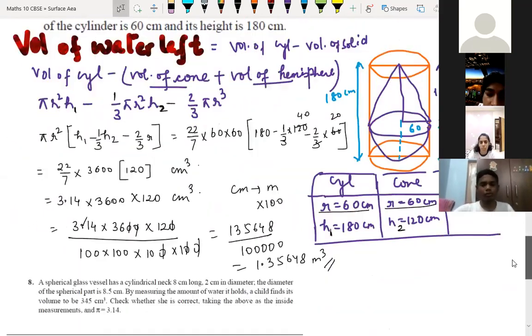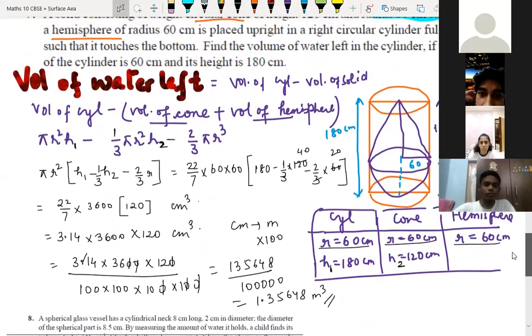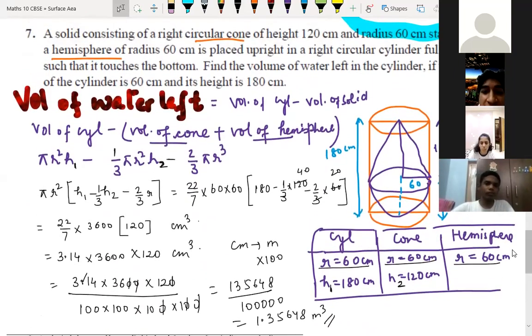I have a doubt, sir. In the bracket, 180 minus 1/3 into 120, why did we take minus again? So we can take it as plus, right? See here, you are saying, no sir, in the bracket it is 22/7 into 60 into 60, yeah, there, sir. Where have you taken minus? Here we have taken minus now. And then sir, we have again taken a second minus. Yeah, because here minus is given over here.